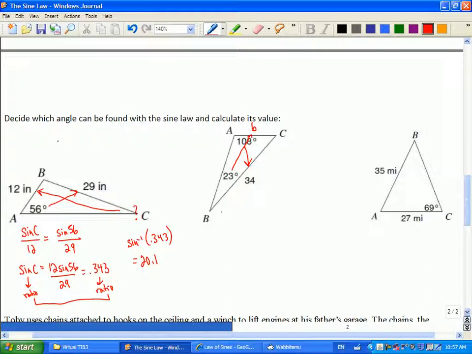So that would be B over sine 23 is 34 over sine 108. Now it's okay if your fractions were upside down. It just means you have more work to do. All I need to do is move sine 23 up. So I'll end up with B is 34. And once I move that up,